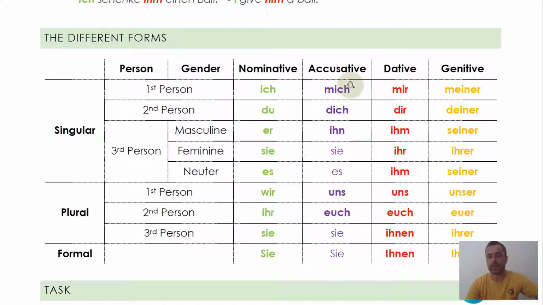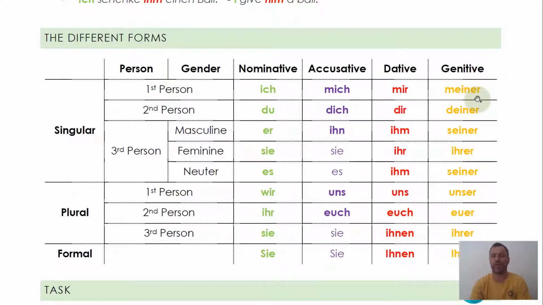In accusative, dative, and genitive, we have to change most of them. Right at the beginning, the genitive case here is just to complete the forms. If you still need to watch this video in English instead of in German, I also have a German YouTube channel where I explain everything in German, you will not need that. So you can drop that. For now, this is B2 and above level where you're actually gonna need that. You will find it more with possessive pronouns.